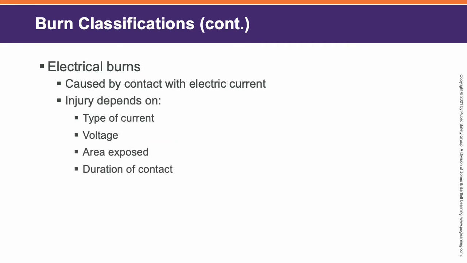Last, we have electrical burns. Most typically it's caused by contact with an electrical current, but how bad the injury is depends on several things, including the type of current, which is like alternating current, like the electricity that's in your house. You also have direct current that comes from different things. Certain types of generators run direct current. There are actually athletic training treatments that we use sometimes that use direct current. One of those is called iontophoresis. Basically the difference is the direction in which the electricity runs.